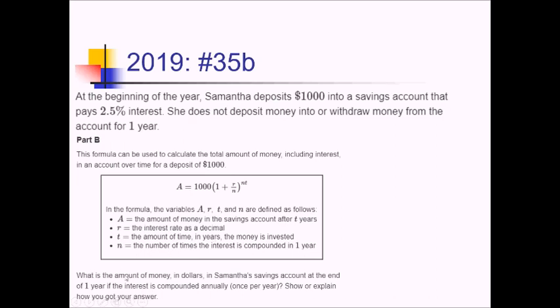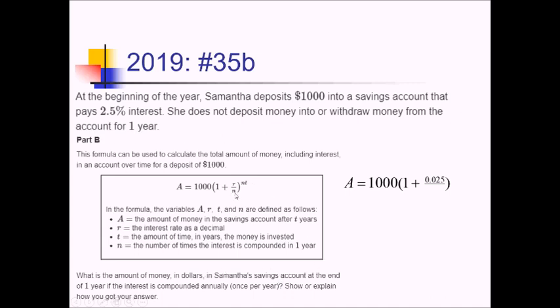Okay, what is the amount of money in dollars in Samantha's account at the end of 1 year if interest is compounded annually, once a year? This is essentially just a plug-it-in kind of question. So we can say our A value equals $1,000 times 1, in a parentheses, plus, now the R value, they said that's the interest rate as a decimal, so that's going to be 0.025. And then the number of times a year that we're compounding, they said, let's see, compounded annually, once per year,